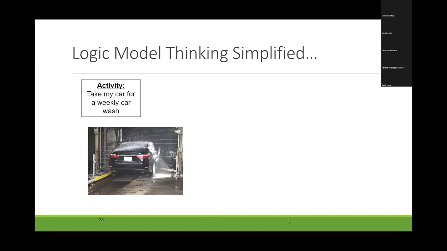So, logic model thinking simplified. I find that a lot of times people have trouble getting from one step to the next in a logic model. So if we're thinking about getting from the activity to the output and then to the outcome, and the outcomes, by the way, typically become our objectives. I'll say that again. Getting from the activity to the output, and then from the output to the outcome, and a lot of times the outcomes become our objectives. So I'm going to walk us through a silly example, but I think it helps everybody get on the same page about how we think about this trajectory.